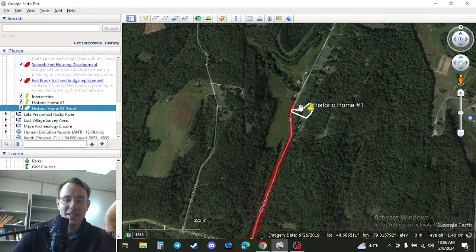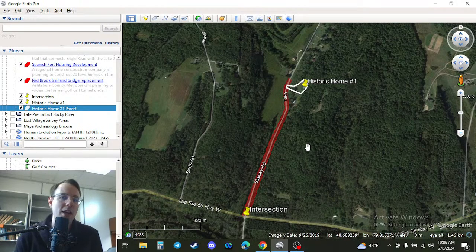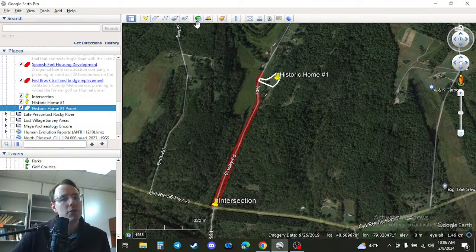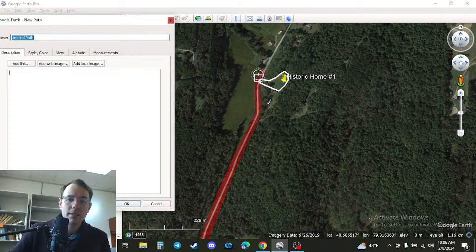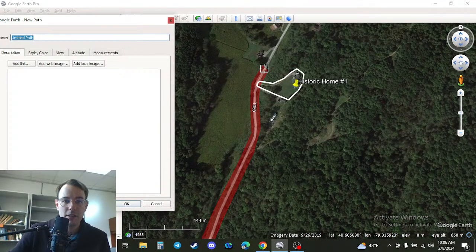Pun intended, this is where the rubber meets the road of a lot of historic preservation, archaeology, and where Google Earth kind of fits into all of that. Another thing that we might want to do using Google Earth, I don't usually use these tools. You can use a path if you're trying to calculate the length of the road. So we have the polygon, but that doesn't tell me how much road length there is. So if I click here and I just follow this road,